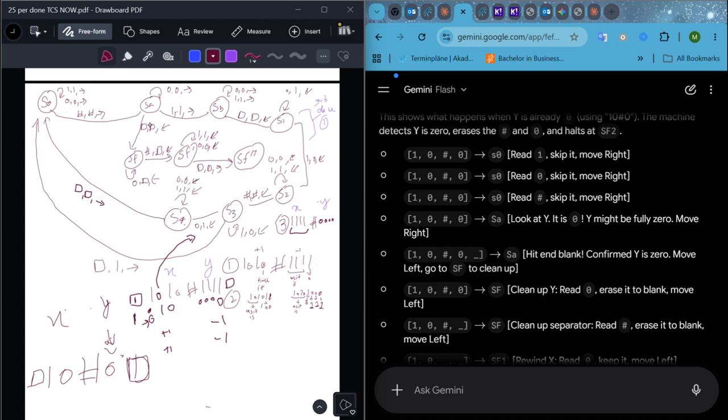So here it sees a blank. If it goes one step right, if it's a 0, keep going right, keep going right. 0 is reading 0, keep it a 0, keep going right. But wait a minute, I didn't see any ones to do this rule. I saw a blank, so do this rule. And then when you see a blank, go to SF for cleaning. So what SF does is that